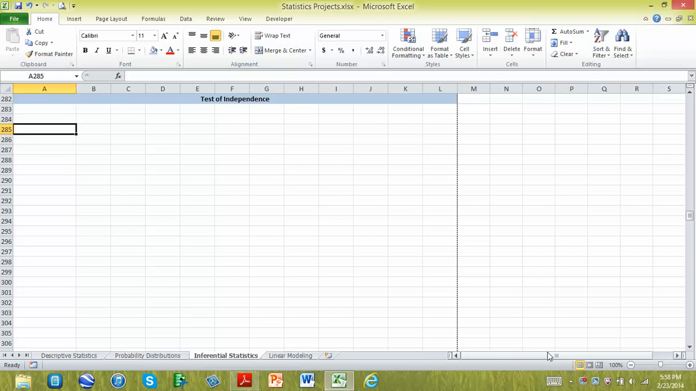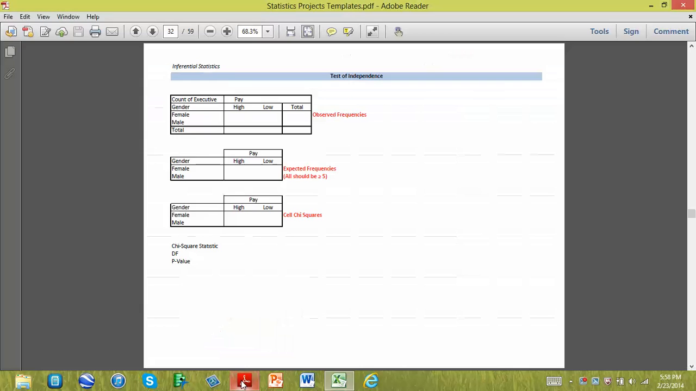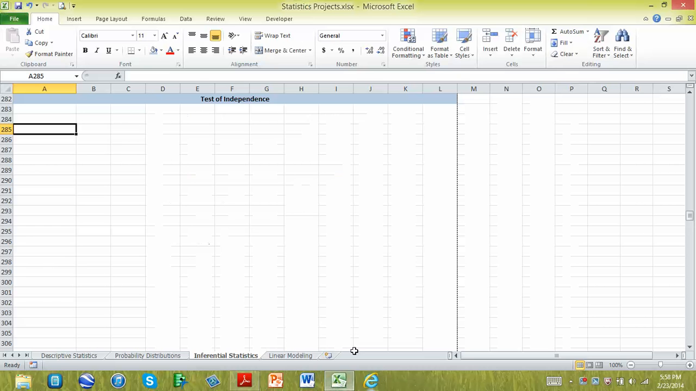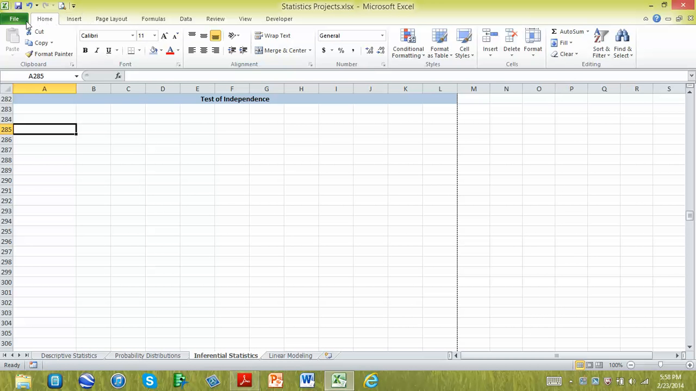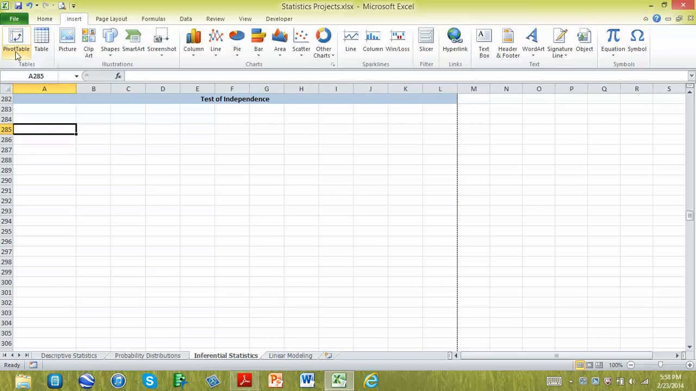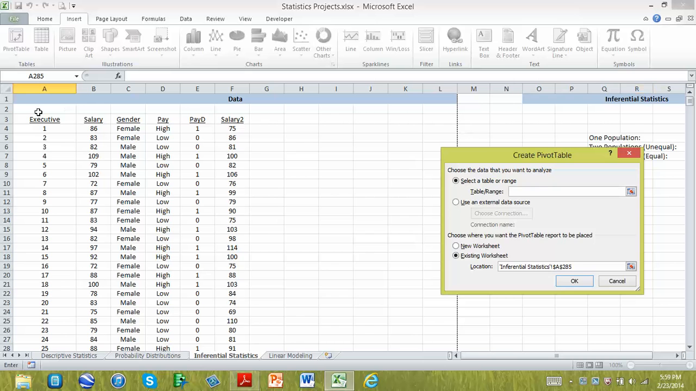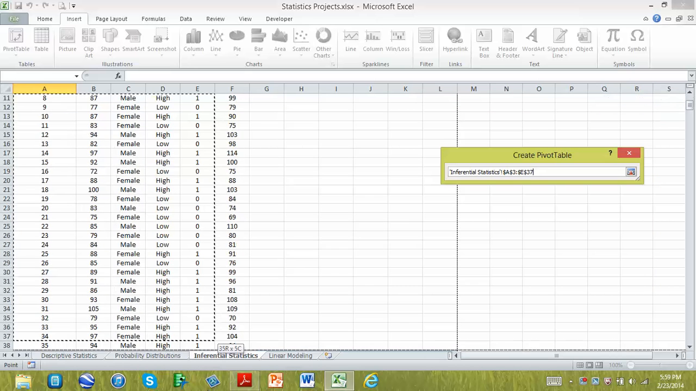Finally, we can do a test of independence for gender versus pay, and you can do the education versus pay in the same manner. So let me show you how to do the gender pay analysis. We'll go to Insert, Pivot Table, like this. And now recall that when you do a pivot table, you grab all your data with the labels